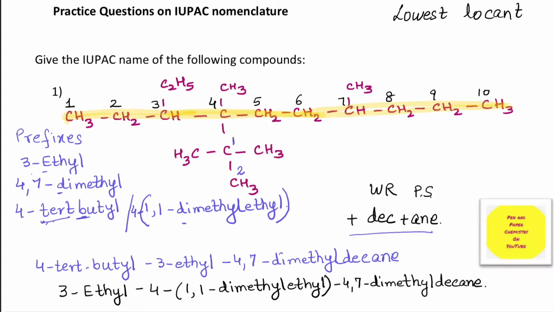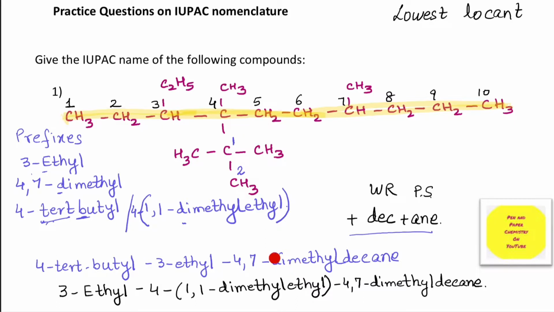So if you take it as tertiary butyl, we have it as 4-tertiary butyl or t-butyl, 3-ethyl. Notice over here, between the number and the alphabet, there are hyphens. Between two numbers, there are commas. These rules have been thoroughly explained in specific videos on nomenclature. So we have 4-tertiary butyl, 3-ethyl,